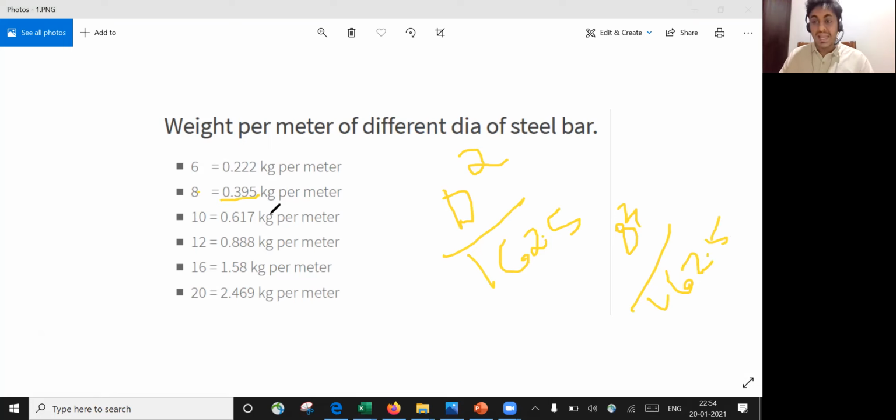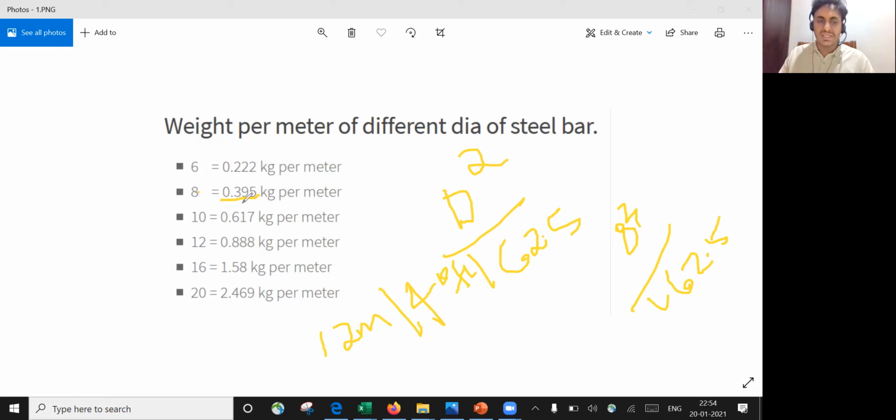per meter. And remember, the weight we get out of this, 0.395, is for 1 meter. But the bar available in the Indian market is actually a 12-meter bar, or you can call it 40 feet. So let us consider it is 12 meter or 40 feet.